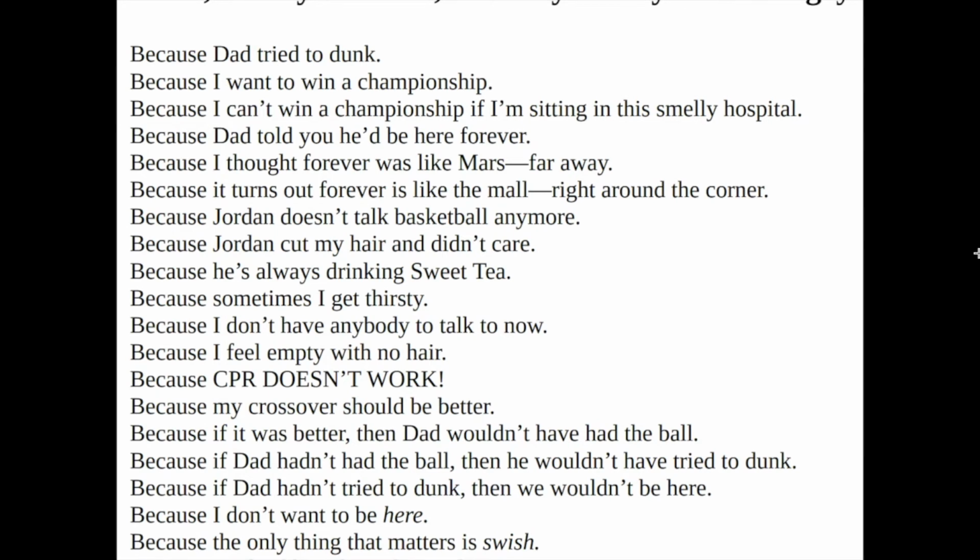Remember, what we're doing right now is we're annotating and analyzing for form, the structure, and the word choices. And the form is really similar to that of a list poem. It's sort of a list of things because all of the lines are different, but they're connected to the same theme. The list poem that we found earlier in the book was "5 Reasons I Have Locks." All the lines were different reasons, but they all connected to the same theme of why Josh has the hair that he has. This one, they're all different reasons, but it all connects to why Josh is so angry.